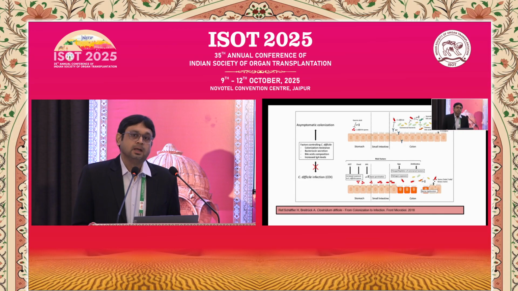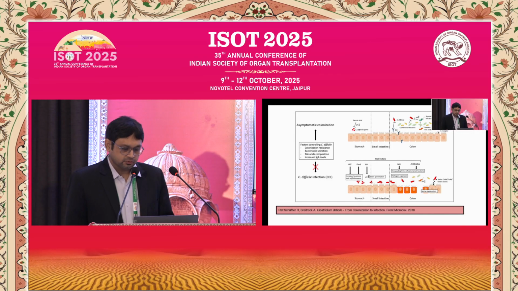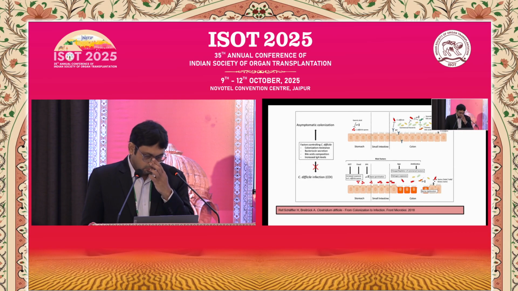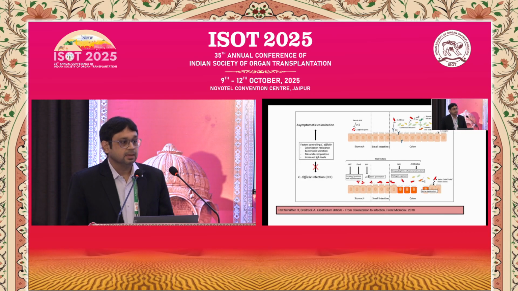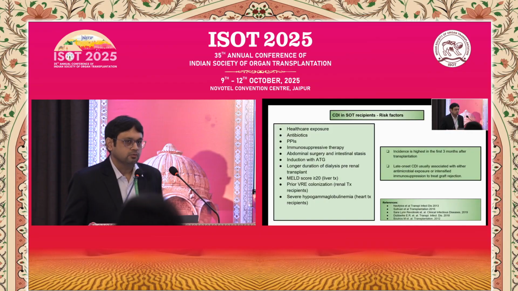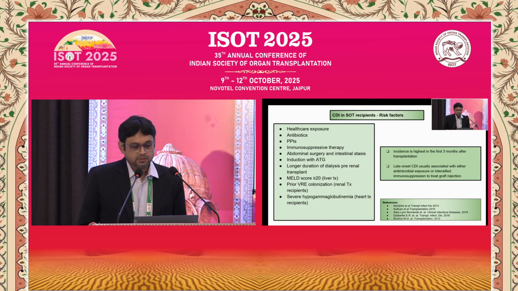Now, we'll see that our transplant patients have a lot of these factors going against them. So, for example, getting PPIs, which is going to reduce the acidity of the stomach, getting antibiotics, which is going to thin out the microbiome, so you're going to lose the good bacteria. Again, post-transplant hypogammaglobulinemia, which is going to affect the humoral immunity. So a lot of these factors affect the transplant patients. So not surprisingly, there are a lot of risk factors as far as C. diff is concerned in solid organ transplant recipients.